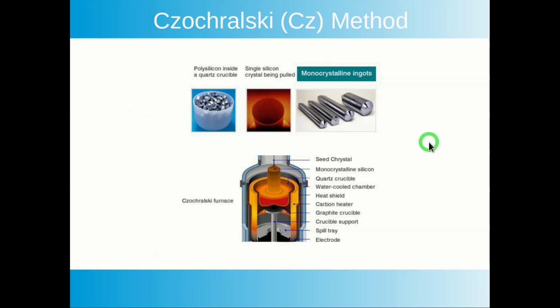The Czochralski process, abbreviated CZ, is used to create the ingots which are used to make monocrystalline solar cells. These ingots look like this when they're pulled out. Basically, you have a small seed crystal, and this is the ingot itself, and this is liquid silicon inside a quartz crucible and surrounded by a graphite. So you have a quartz crucible with